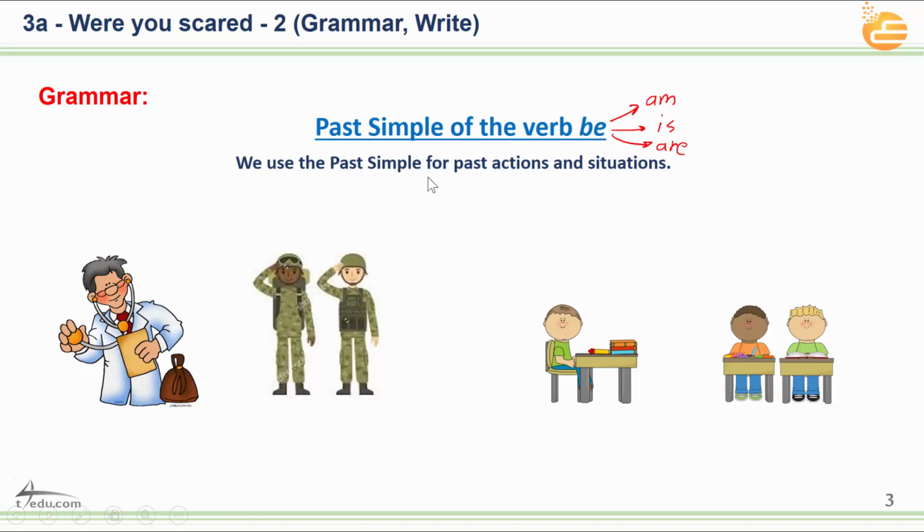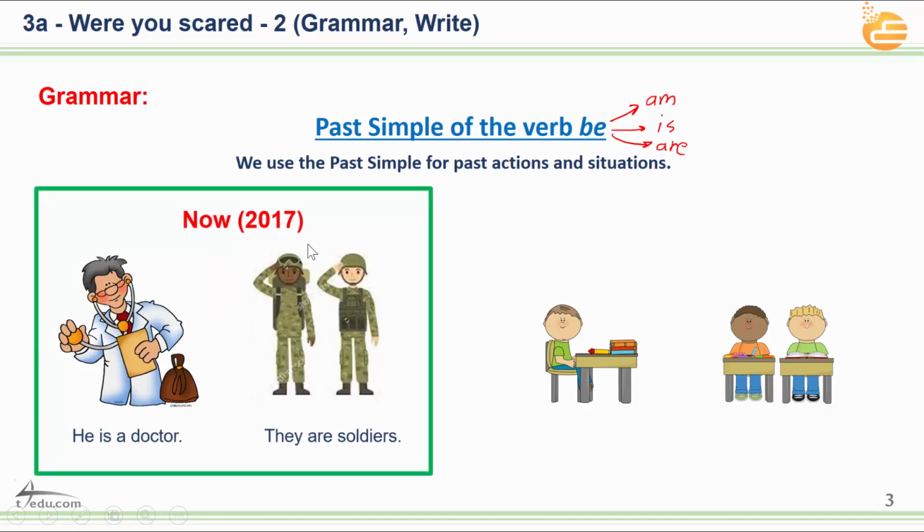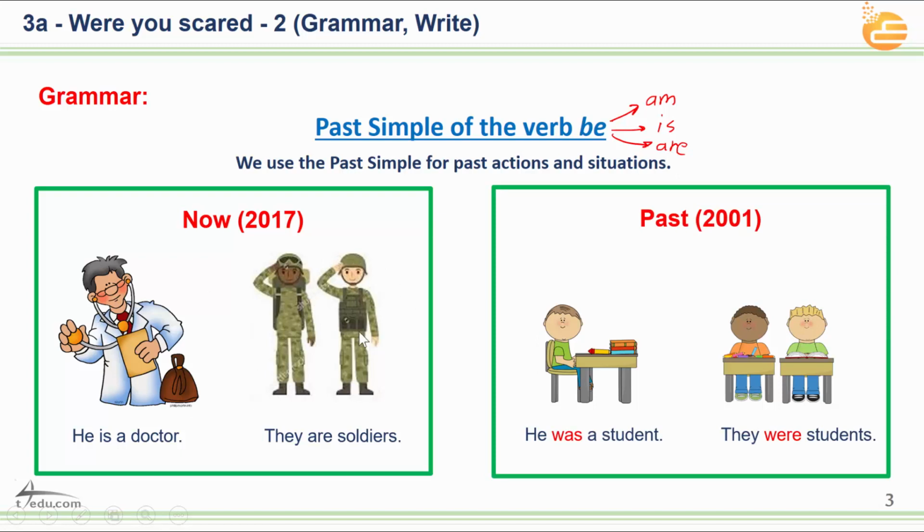Listen, we use the past tense for past actions and situations. Let's take an example. So, this is now in 2017. It is now, okay? This year is 2017. We know that. And this is a doctor, so we are saying he is a doctor. Is, can you see it? This one, because we're talking about now. Now we will talk about these two soldiers. We will say they are soldiers. Are, okay, because it is present. But when we talk about them in the past, in 2001, for example, before, let's say, maybe 16 years,